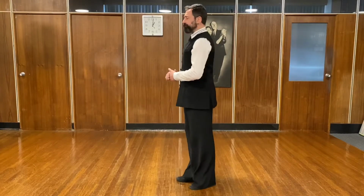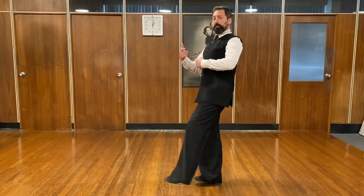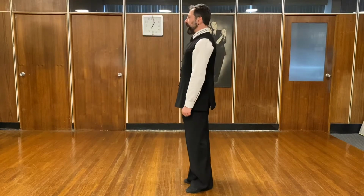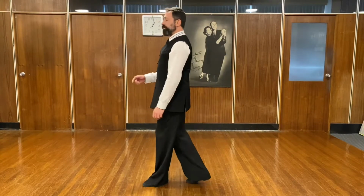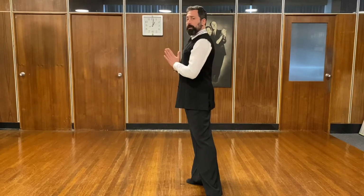So from the side, as I point 1, 2, 3, I don't want to keep going backwards here. What this is teaching us is how to stop our momentum on the back step of the right foot. So again, 1, 2, 3, you can see me leaning a little bit further forward here. And this is where we were talking about our poise and our posture last time with our balance, is that